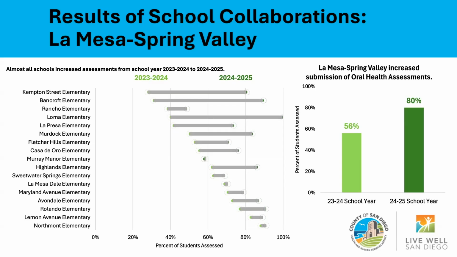Their COHA data from the last 2 years shows the positive impact of making that switch on increasing assessments. And my apologies on the visual. There should be some little light green dots from 2023 to 2024 that for the most part are on the left-hand side, and then the dark green dots are mostly on the right-hand side. There were a few schools where it was a little bit switched, I think probably just for Murray Manor, which is in the middle. But for the most part, we did see an increase in assessments from 23-24 to 24-25 school years.